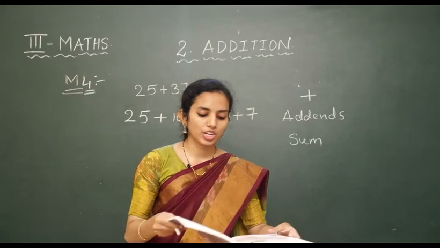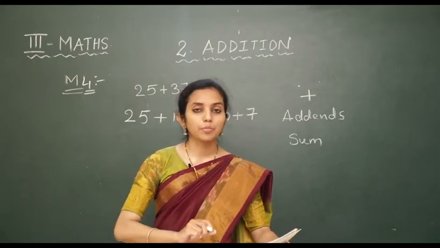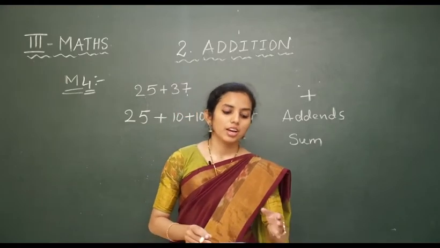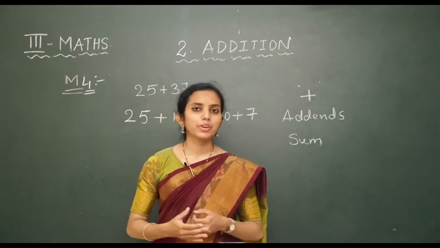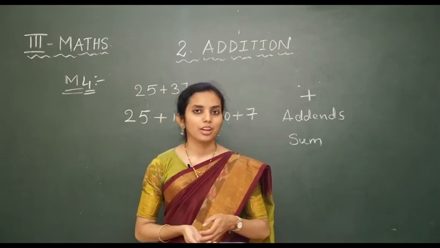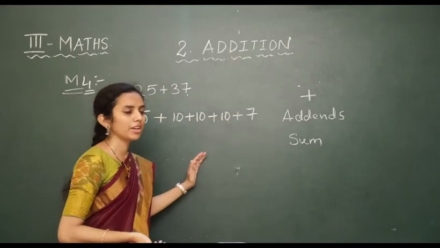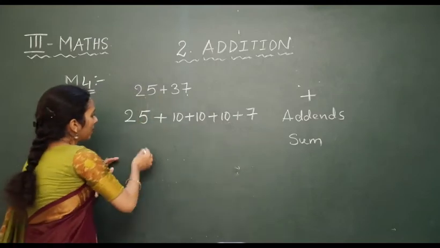This type of addition is okay for doing simple additions with simple numbers. But when we take large numbers, using 100 charts numbers may not be possible. It might be a very time taking method. And moreover, this is very much similar to counting by tens. Here again we get the same result.